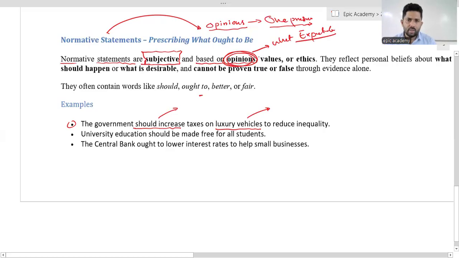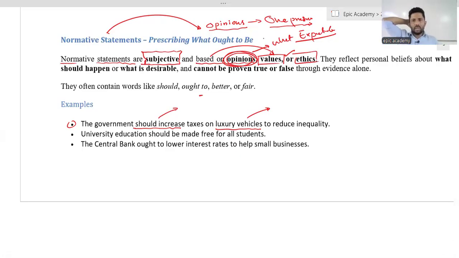The values of the society. What kind of things they are expecting. That is a statement based on values and ethics. Okay? Good things in the society. Okay? They reflect personal beliefs